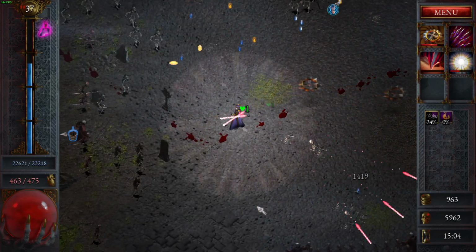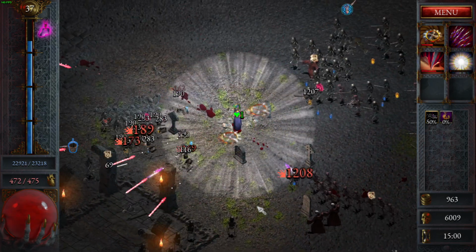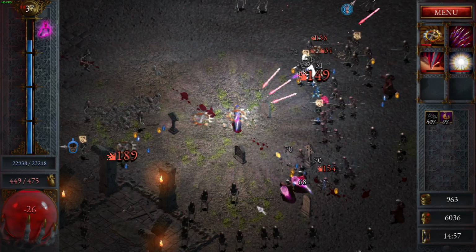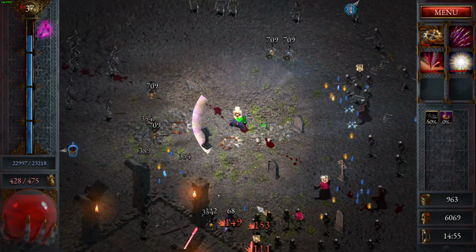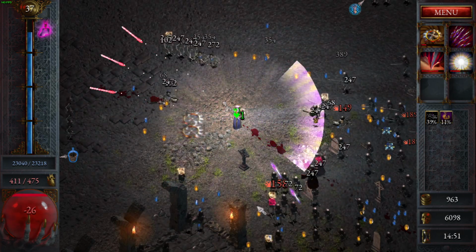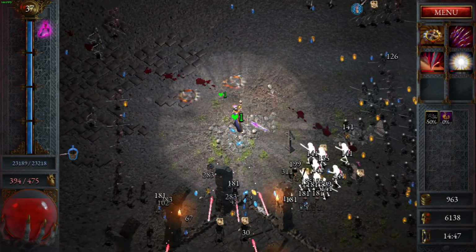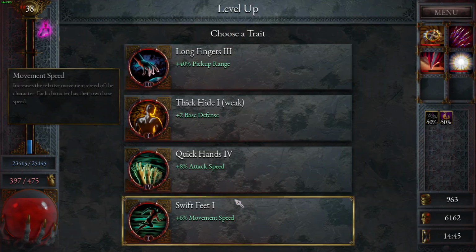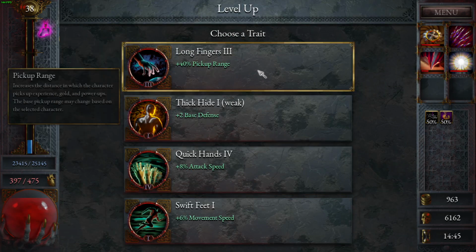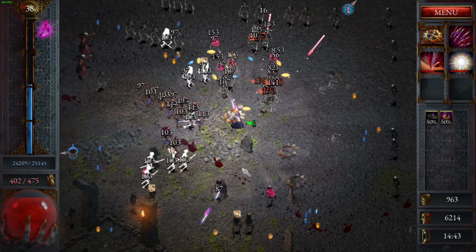Okay. So now we have a strategy, right? I took a few hits there. You could hit me again, that'd be great. Thank you. Guess I'll collect this XP. What do I want? Pickup range or quick hands? Quick hands. So I'm also taking into account